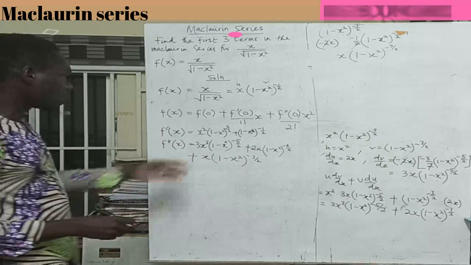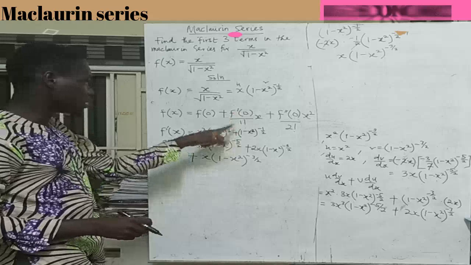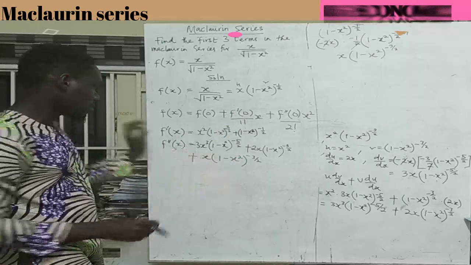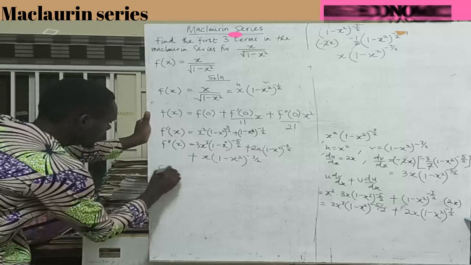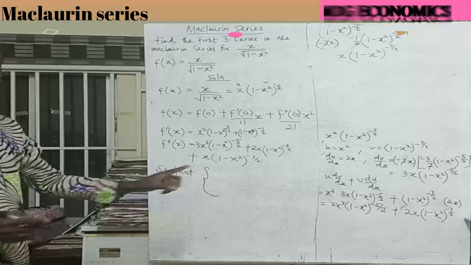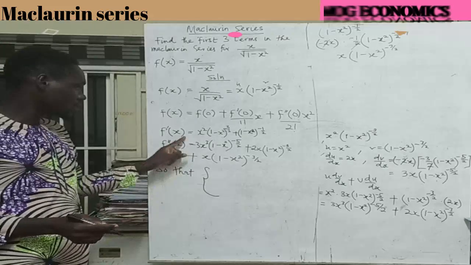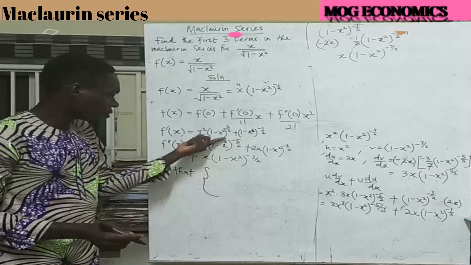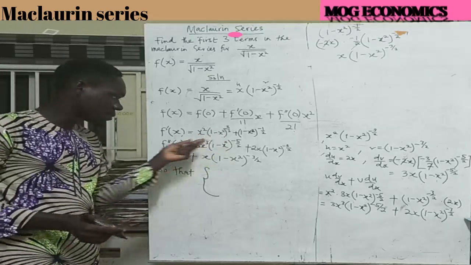Then, so if we insert the value of 0 in this, what do we have? So by inserting the value of 0 into these individual derivatives, we have,